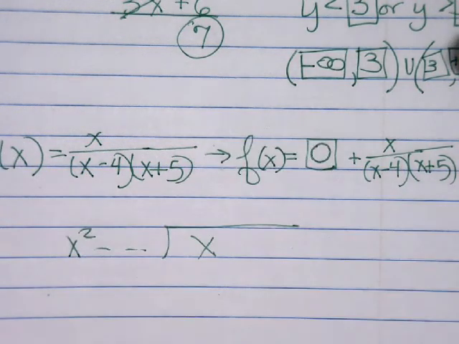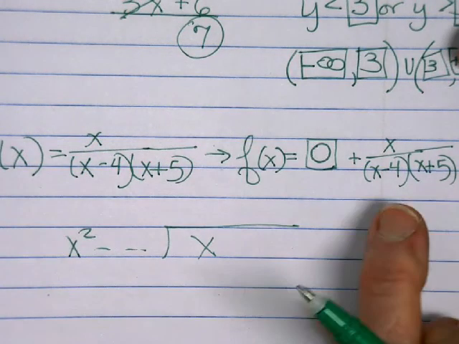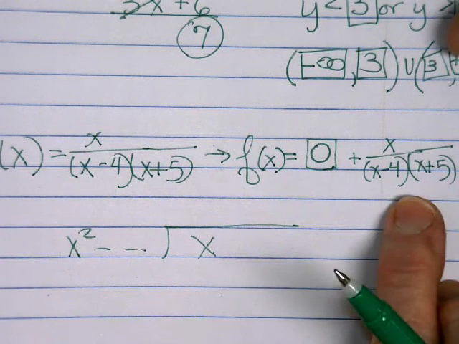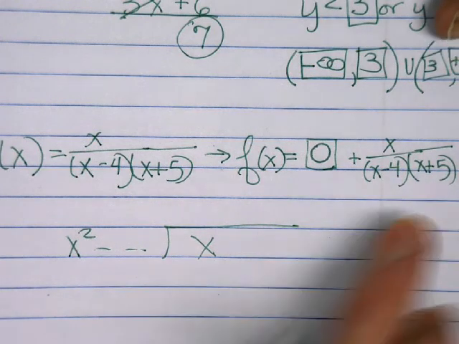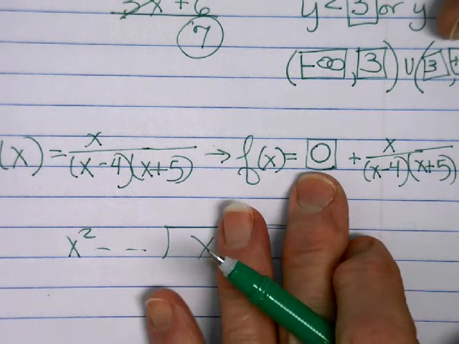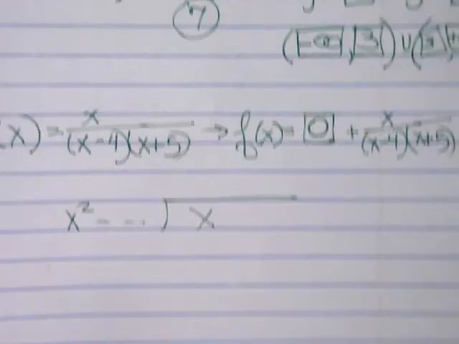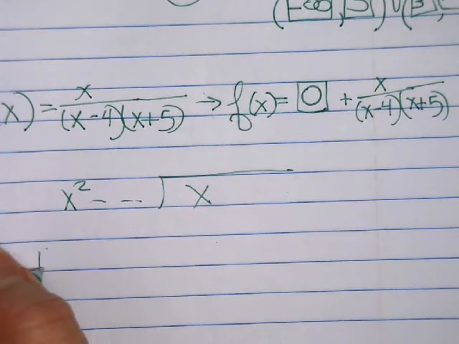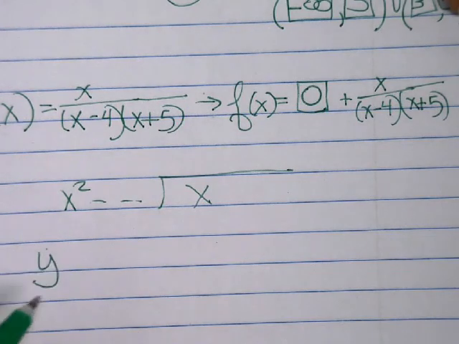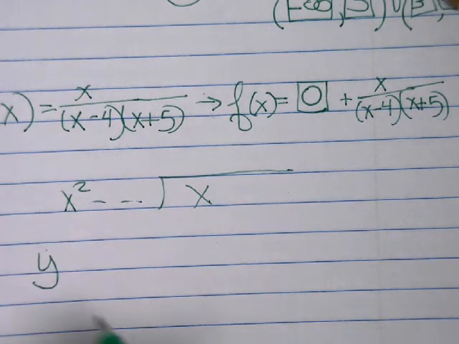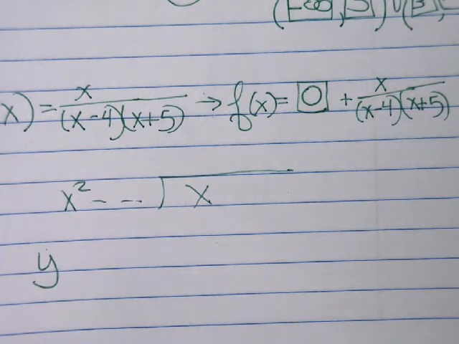Can I make a higher power, a smaller power in polynomial land? No. So 0 is the quotient. And the remainder is the original polynomial. So when there is 0 as the quotient, the range, the y, guys,